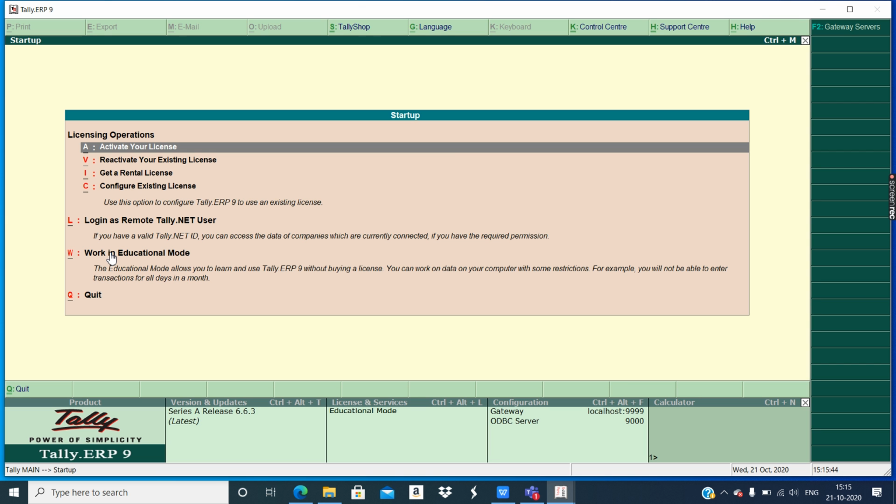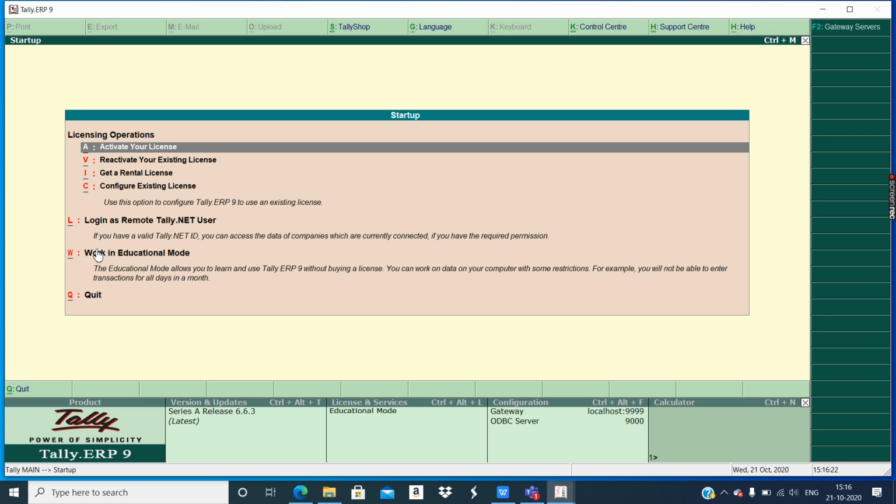Now see, there are several things which are underlined here. The activation A key is underlined. Every underlined word suggests a key. Here we have W, which means you have to press the key combination of Alt and W. If the word has a single underline, you have to use Alt plus that particular letter from the keyboard. Or simply you can give a mouse click also.